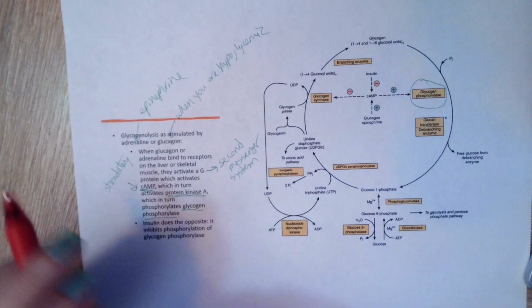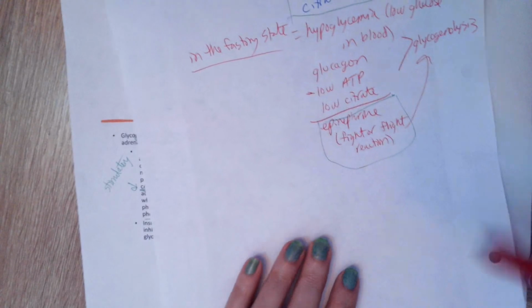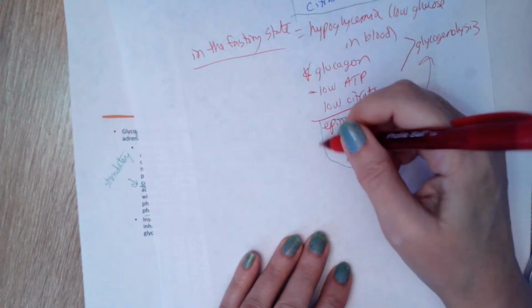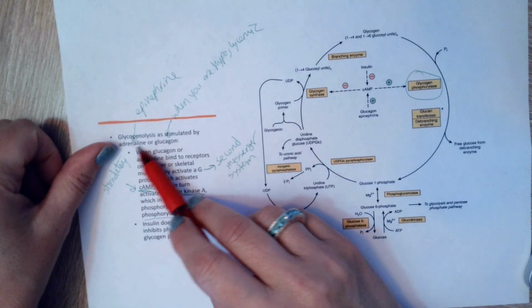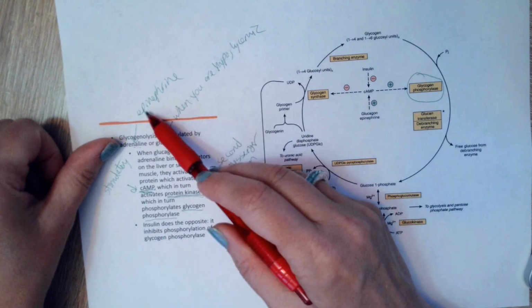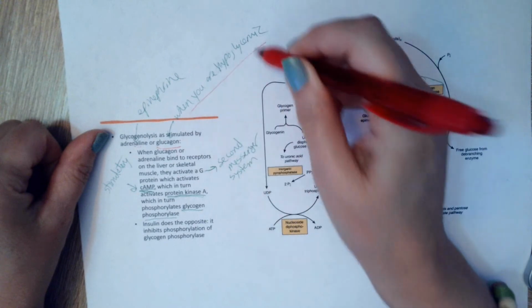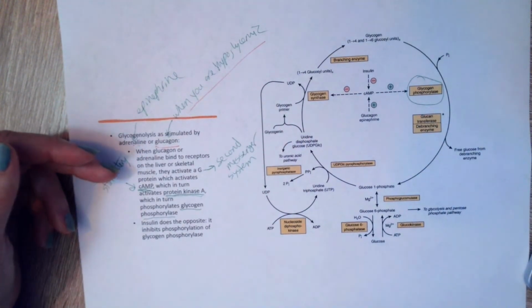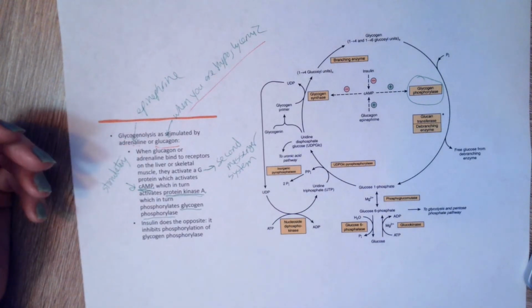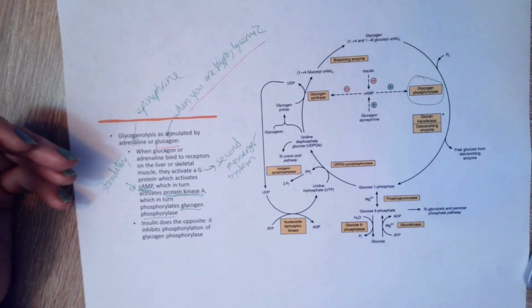Okay, so glycogenolysis. Remember, glycogenolysis can be stimulated by glucagon, and it can be stimulated by epinephrine, which is a form of adrenaline. Okay, so epinephrine, adrenaline, this is the specific adrenaline that we're talking about, epinephrine. And you release glucagon when you're hypoglycemic. Now, glucagon and epinephrine are going to bind to receptors on your hepatocytes and on your skeletal muscle cells, and